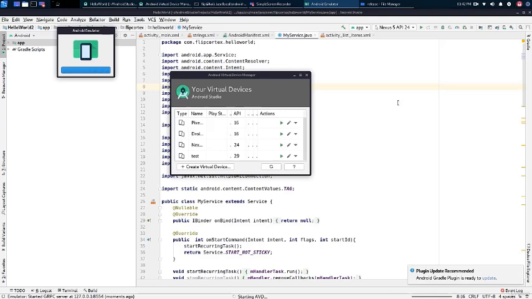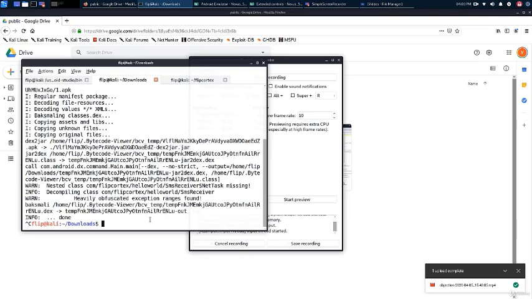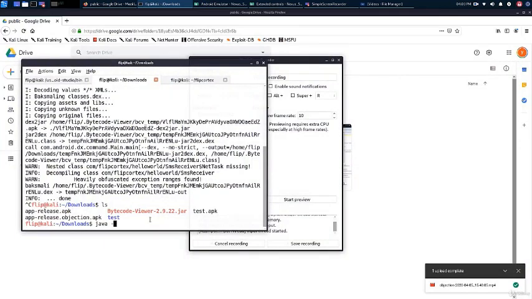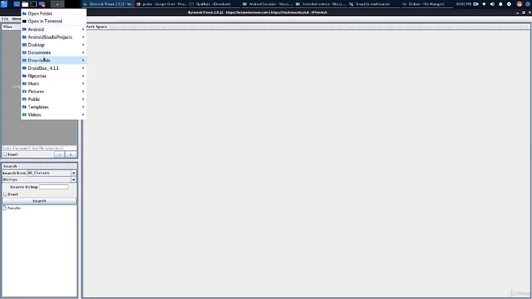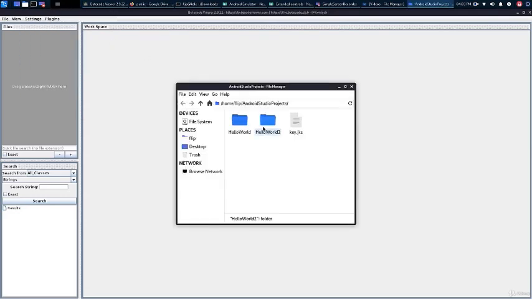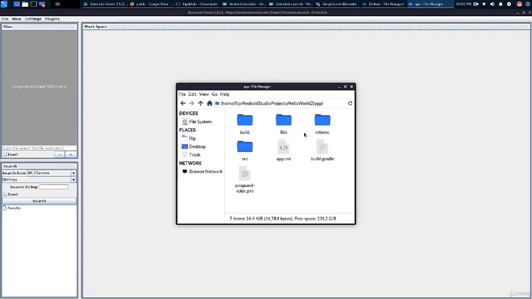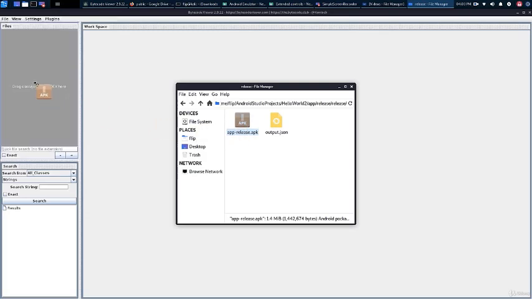Okay, so before we continue, let's recall the part of the static analysis. If you remember, in download, we had the bytecode viewer, depending where you saved your bytecode viewer. Let's run that again and have a look at the code. Through some analysis, we can try to identify some points of interest. So just find your APK. It's under release, and you just drag it onto the window just like that. If you remember, the app was receiving an SMS and exfiltrating it. So it was stealing the SMS and sending it to some URL.